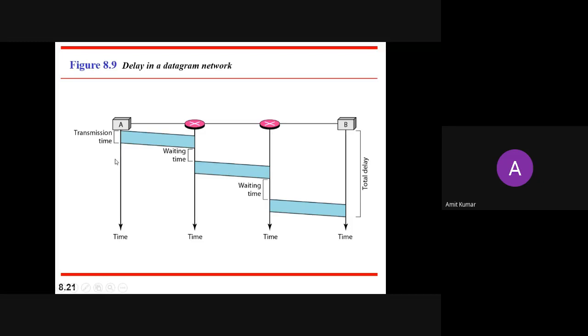In virtual switching, if there is some problem in that path, like if you take the example of a road, many roads are there to reach Ahmedabad. Say the main highway is blocked due to some accident and the router has chosen that path. What will happen? They have to wait there. This is known as waiting time. When source A has sent the message, the router has to wait there immediately. This is known as waiting time.